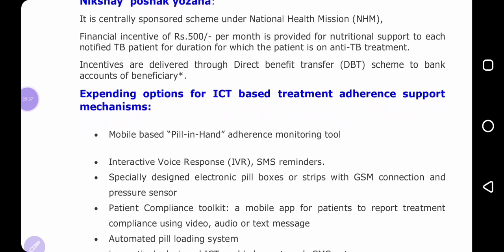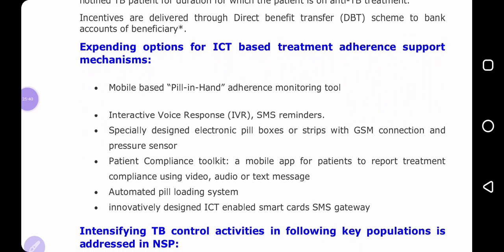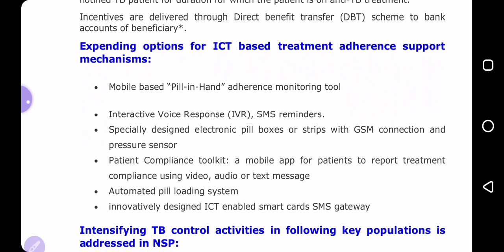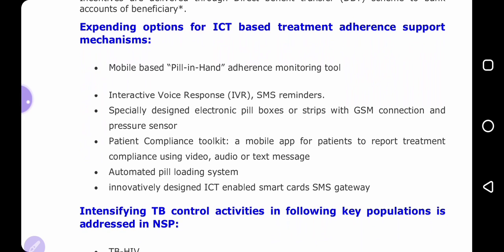Expanding options for ICT based treatment adherence support mechanisms. So there are technology or information and communication based treatment is provided, which includes the mobile based pill in hand adherence monitoring tool. So whenever you will visit the tuberculosis center, district tuberculosis center, you will get to know all these things live there. So these are some technologies and advances which are made